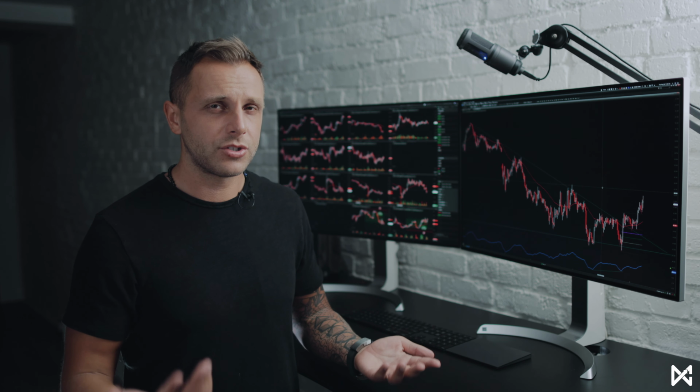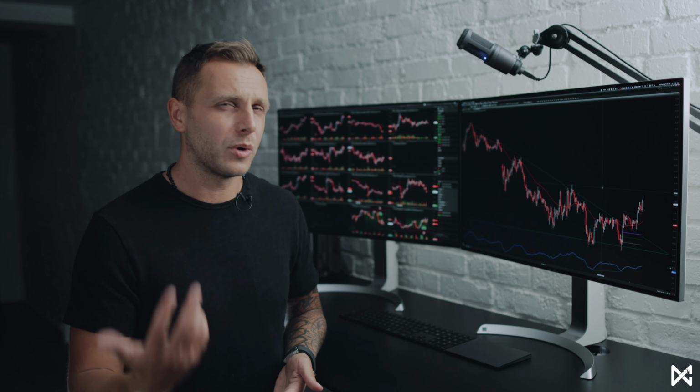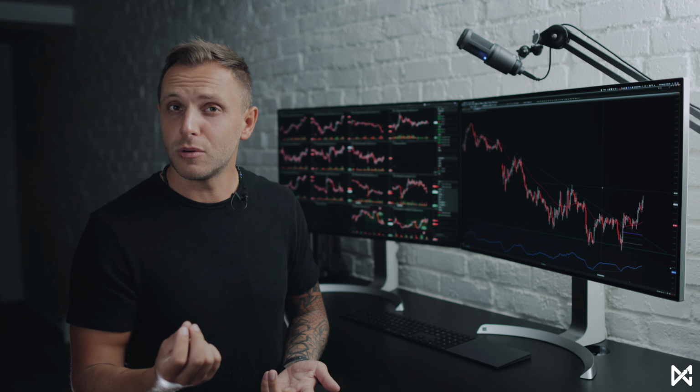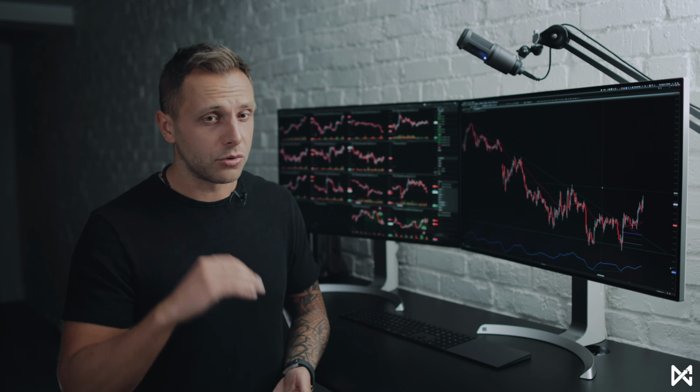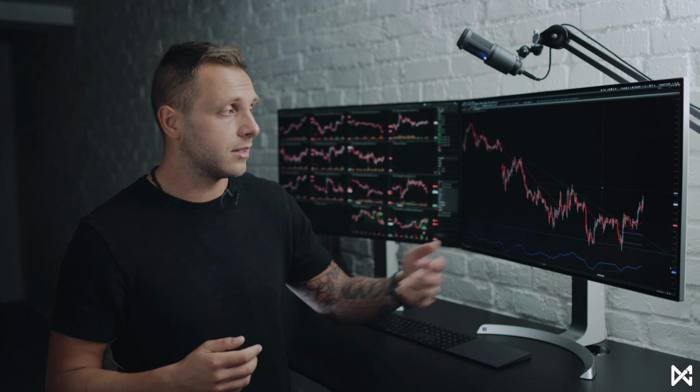So that's it when it comes to double bottoms and double tops. Pretty straightforward. They're not as complex as some of the other patterns. But again, you've got to understand a couple of things. The main thing is that whenever we get a double top or a double bottom, make sure we have full confirmation. If we do not, and you still want to take a trade based on a double top alone and not wait for that lower low, as an example, that full breakdown, or the double bottom alone and not wait for that higher high, as we have just seen in this example,